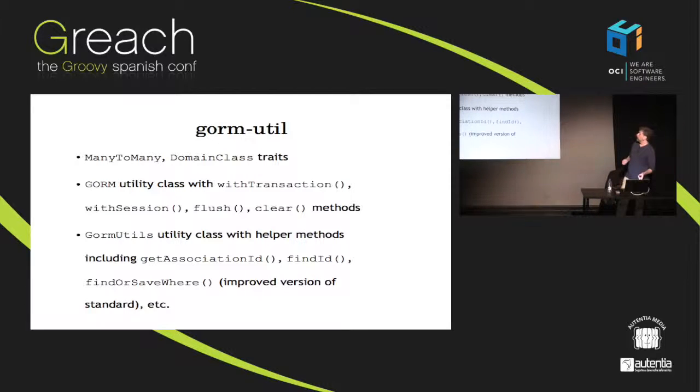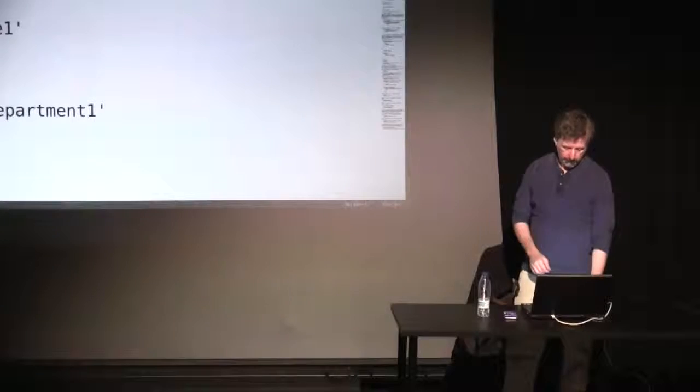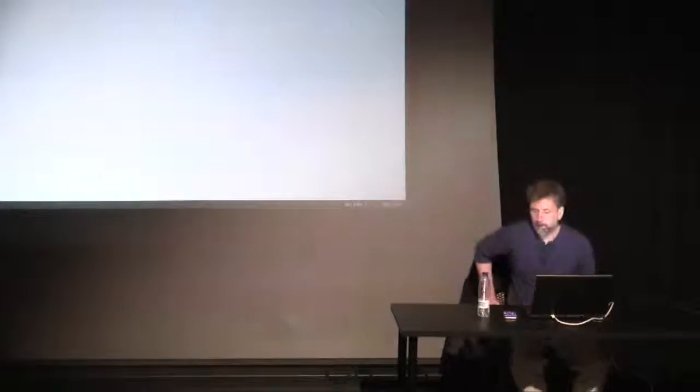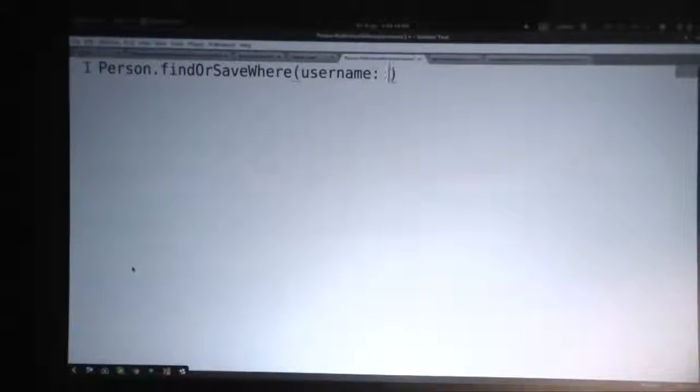So another thing that is actually kind of cool is it's got a little bit smarter findOrSaveWhere. So the Grails findOrSaveWhere is a little bit frustrating. Because, for example, if I want to do a Person.findOrSaveWhere, right? It's actually pretty cool. This findOrCreateWhere, that goes to the database and gets it if it's there, and if it doesn't, then it creates a new instance, but it doesn't save it. And then there's findOrSaveWhere, which finds or saves, right? It does what it says on the tin. So I could say username Burt,